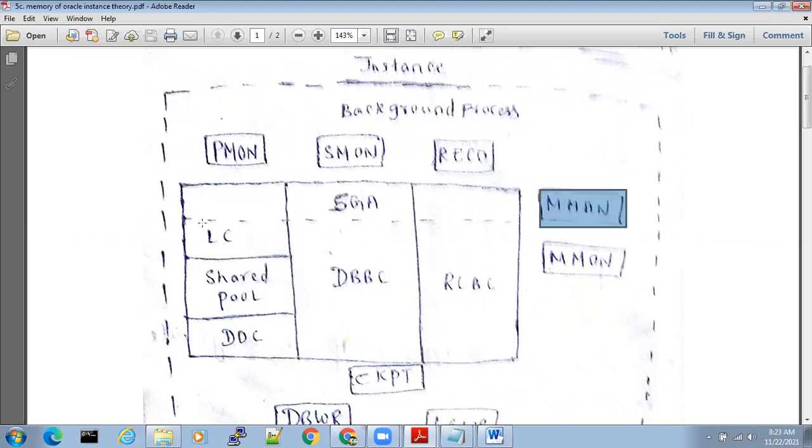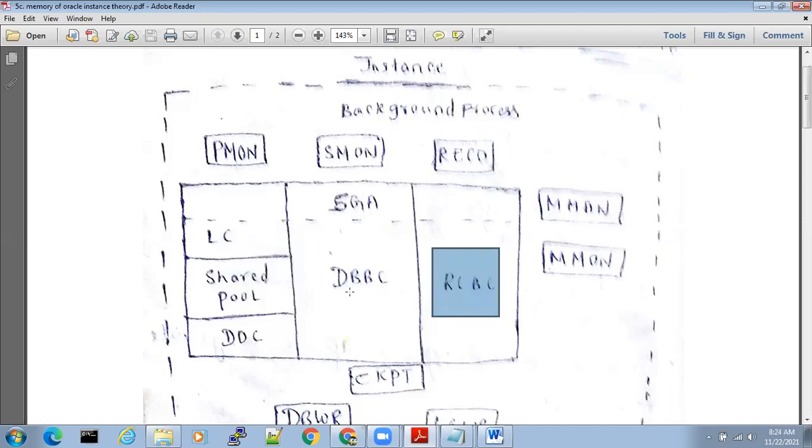It will uniquely distribute the memory to the three components. For example, it has distributed shared pool 150 MB, database buffer cache 150 MB, redo log buffer cache 200 MB, which means 500 MB is full now. Yes or no? Yes, sir.